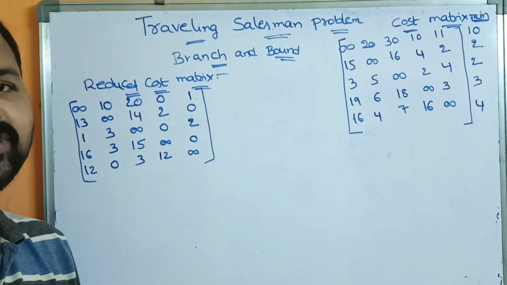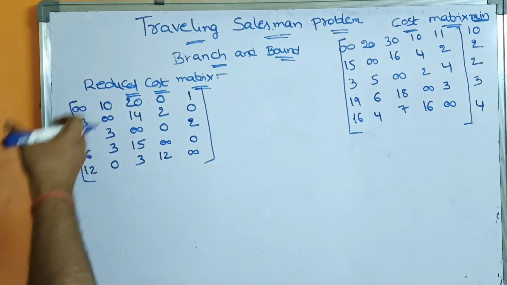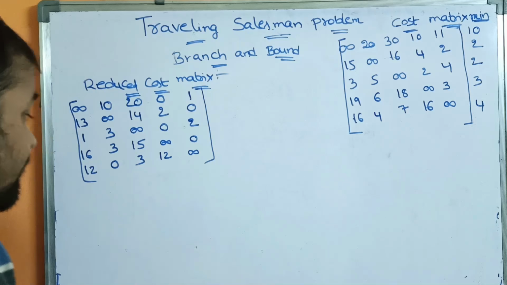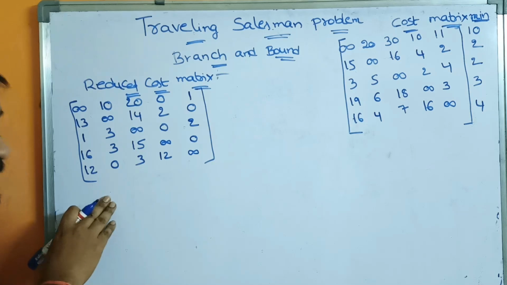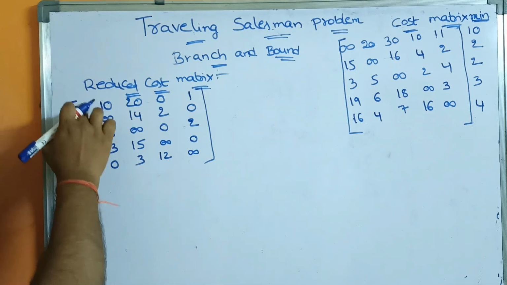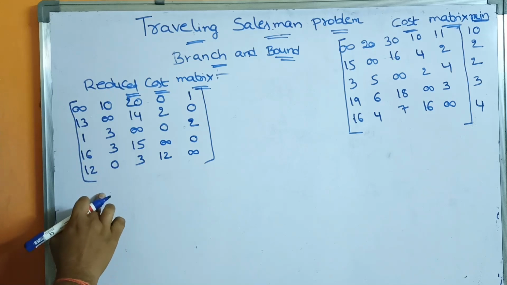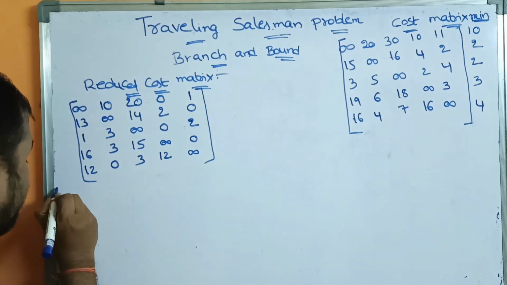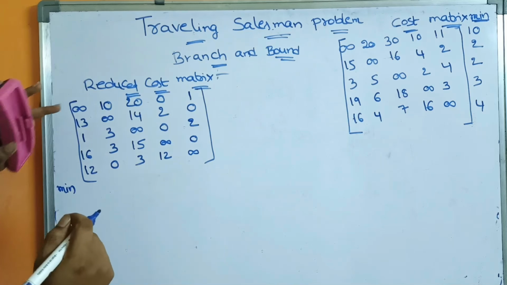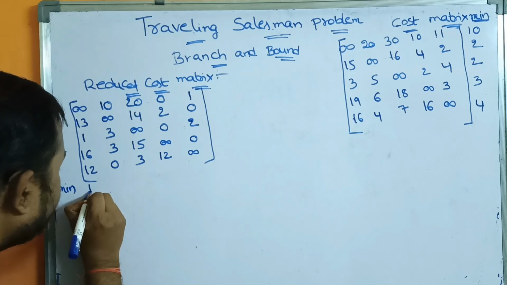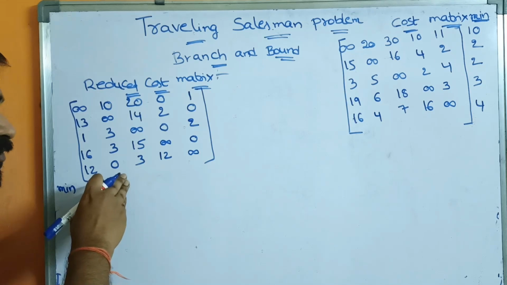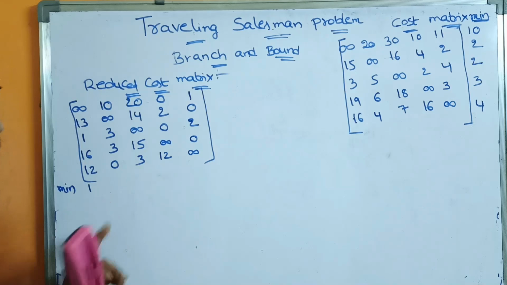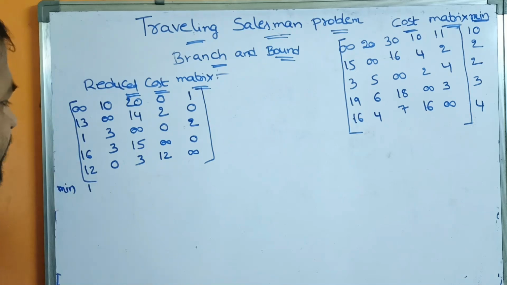So now we have to check whether columns are reduced or not. We can say that column reduction is implemented if one entry is 0. If we observe the first column, here we don't have 0. So we can say that column reduction is not done. In order to find that, we have to find out the minimum value. So the minimum value of the first column is 1. Here the minimum value is 0 only. If you subtract 0 from any value, then we will get that value only. So there is no need of any reduction. If you want, we can do that also.